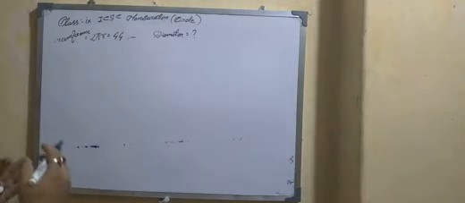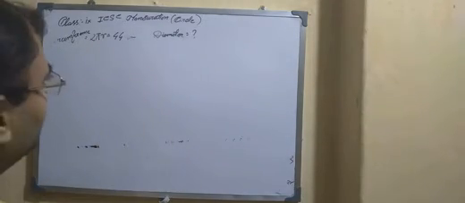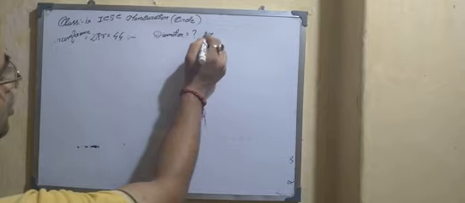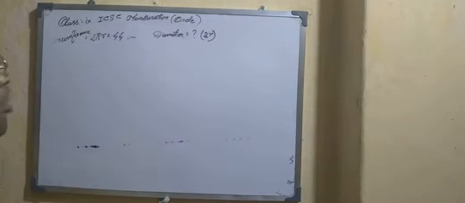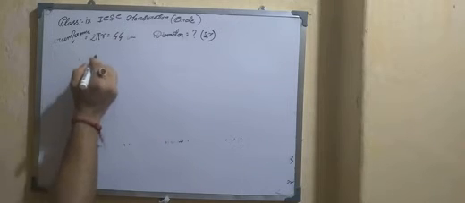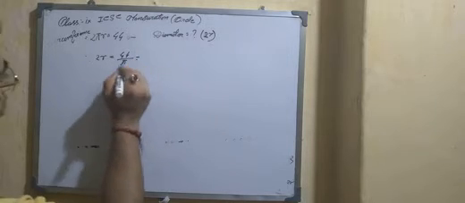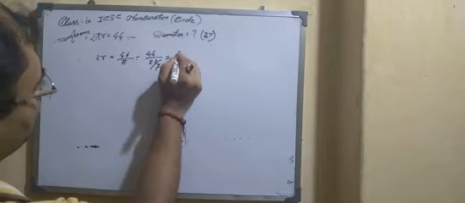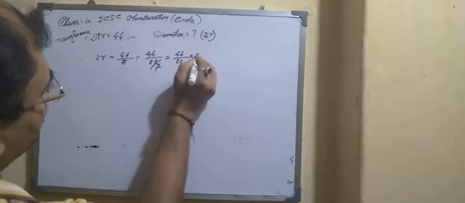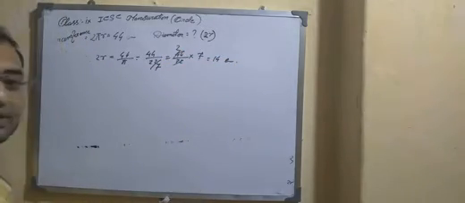Hello students, it's the first problem. It's a very easy problem. Here the circumference is given as 44 centimeter. We have to find out the diameter. What is the diameter? Diameter means 2r. Okay, so circumference means 2 pi r is equal to 44 centimeter. Therefore we have to find out 2r, that means 44 by pi, and we know the value of pi, that is 44 by 22 upon 7. So 14 centimeter. That is so very much easy.